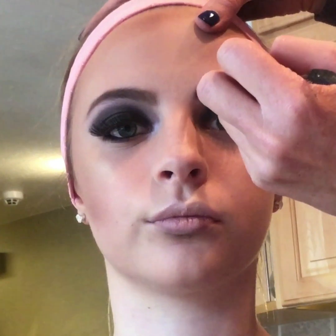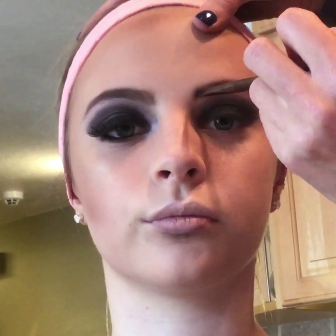So I'm just lightly filling in her eyebrows. She has awesome brows. Another way to fill in your brows is with a brow gel, and that's great too. That's what I do with Bryn. I just fill it in with some brow gel